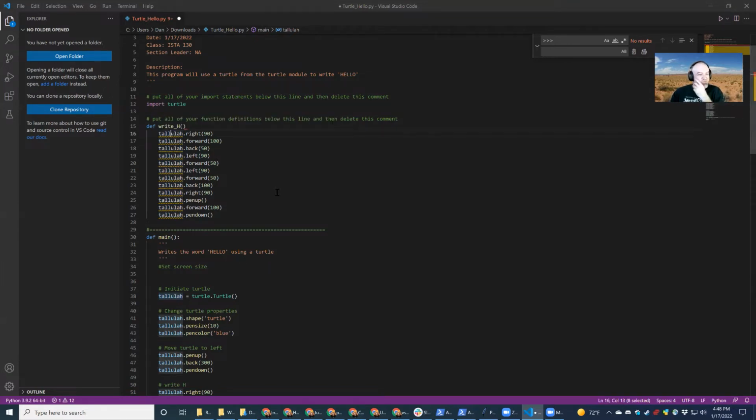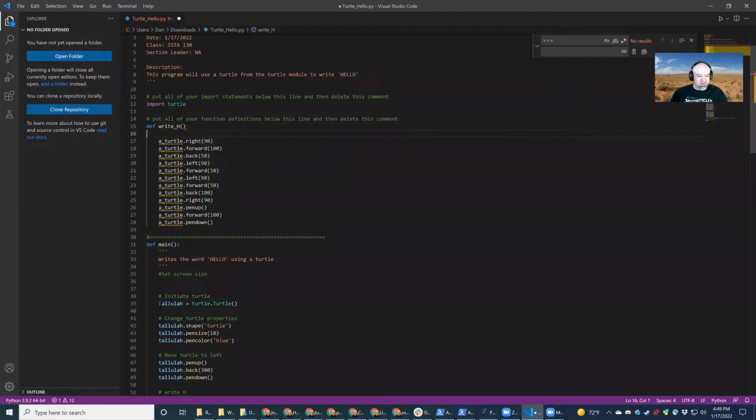We're going to replace this with a generic turtle name, which we're going to call a turtle, right? So instead of being called Tallulah within the function, it's going to be called a turtle, which is just a generic name for a turtle. Okay, now you'll see it's still undefined, which is a problem. And the reason for that is because within this function, we're calling this object and it hasn't been defined anywhere in the function, right? So what we could do is actually do, if we did this,